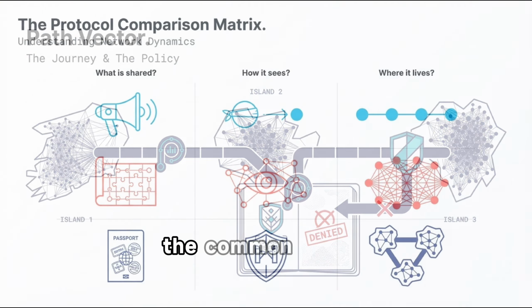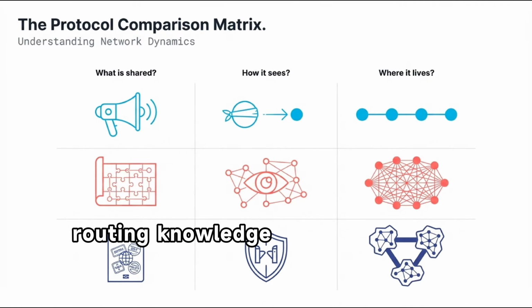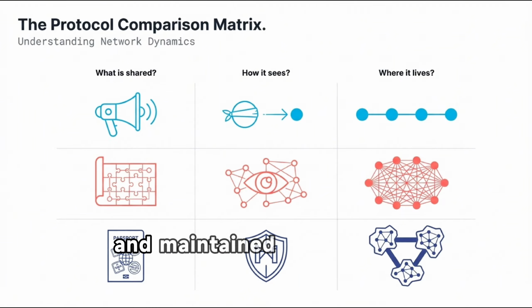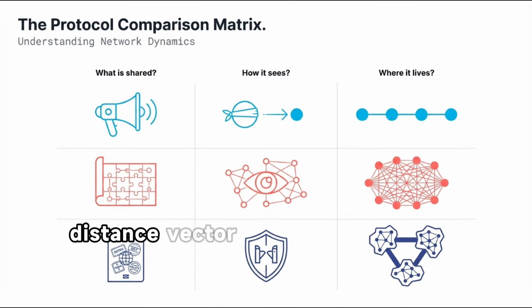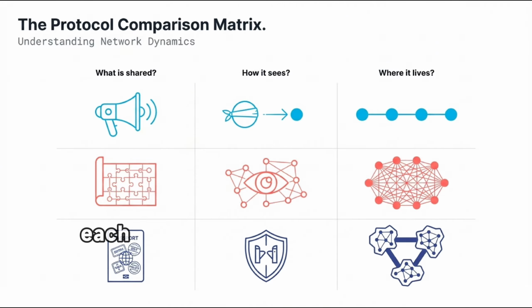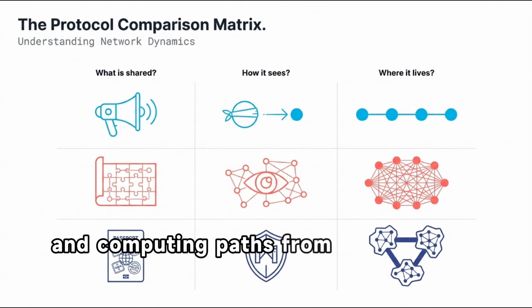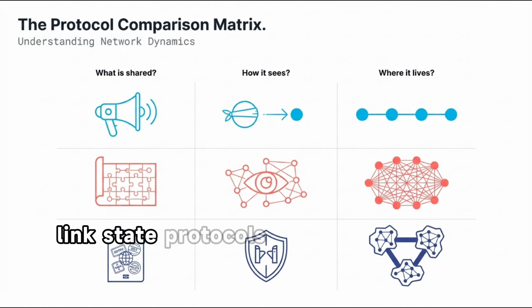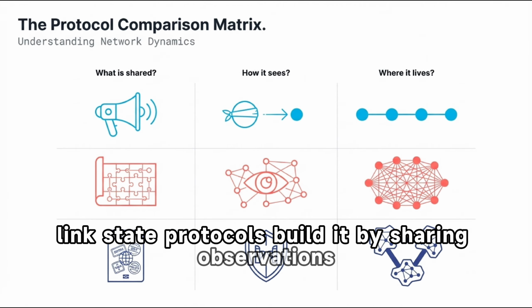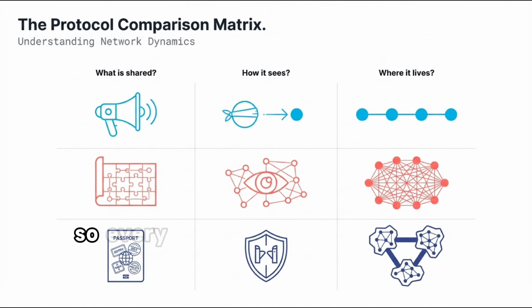The common thread running through all three approaches is this: routing knowledge is built from the bottom up and maintained continuously. Distance vector protocols build that knowledge by sharing conclusions, each router trusting its neighbor's reported distances and computing paths from what it hears. Link state protocols build it by sharing observations, each router broadcasting its direct view of the network, so every other router can